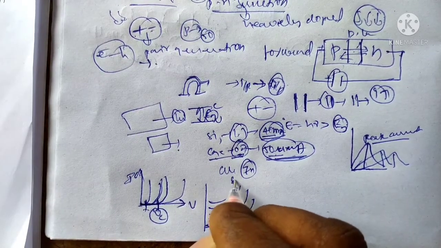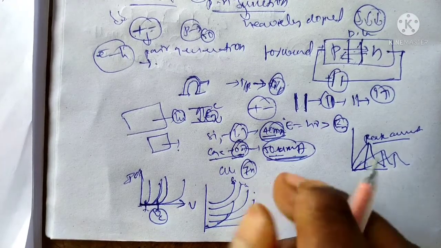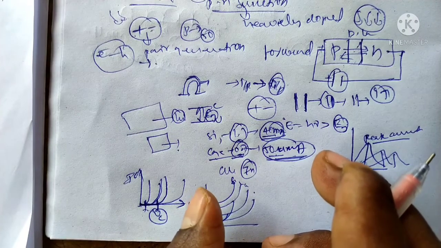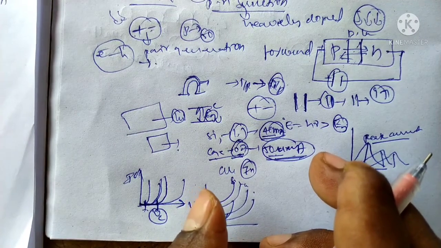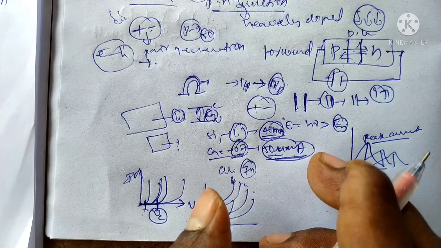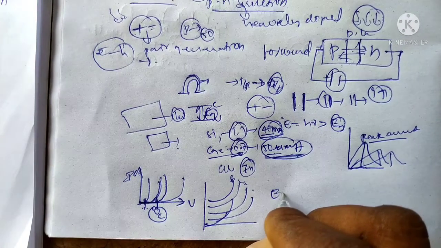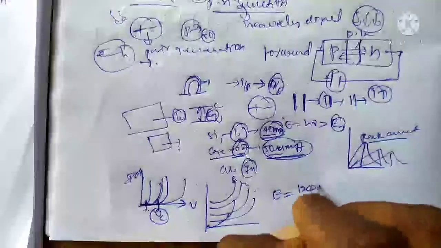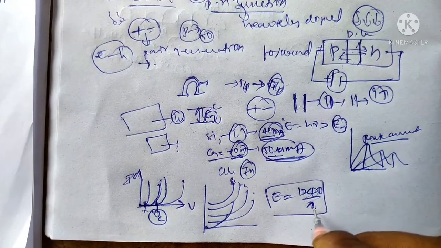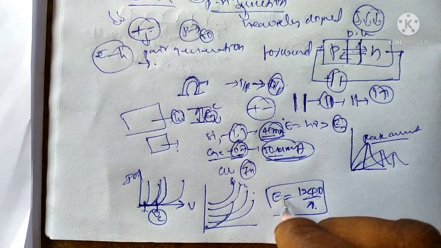Okay, suppose this is germanium, silicon, copper, zinc, like this. The emission depends upon the band gap of the given material. LEDs can exhibit red, yellow, green, orange. You know the relation: energy gap E is equal to 1240 by lambda, where lambda is the wavelength. You can emit the radiation or energy.